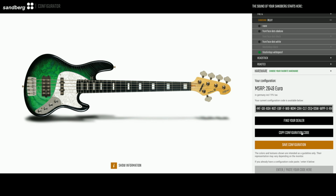You grab that code, copy it, and send it to Thomann and let them know, hey, I would love to save this picture of the instrument. Of course. Yeah. Cool. Now that we talked about custom builds and everything, it's a natural next thought of talking